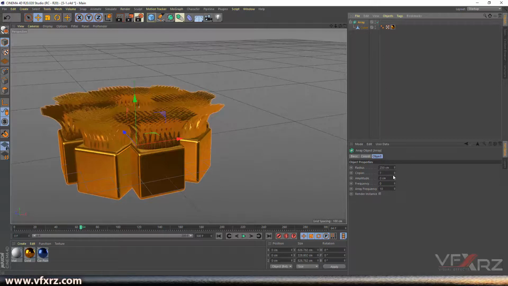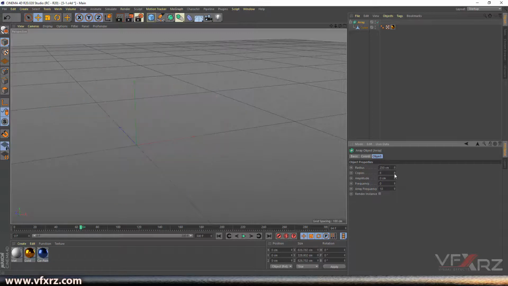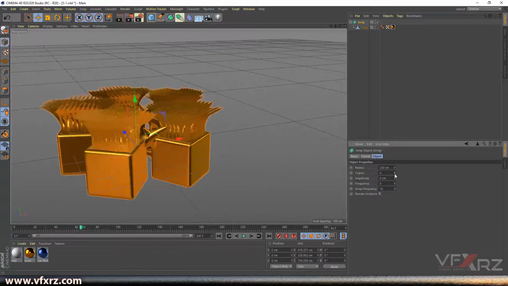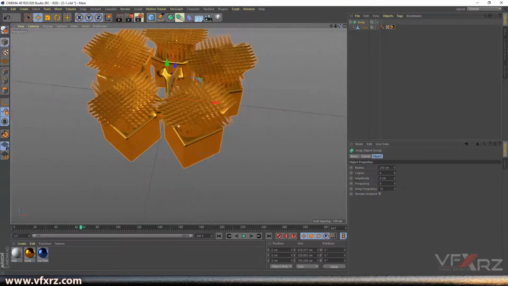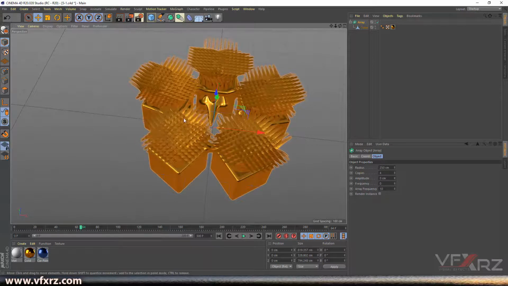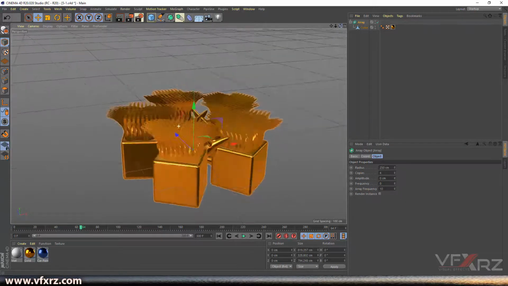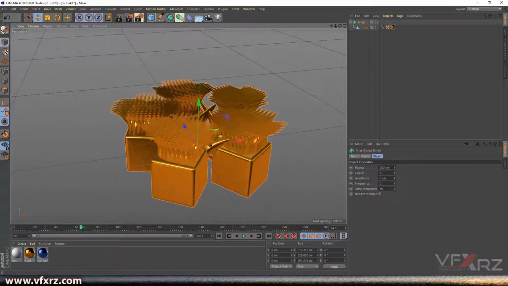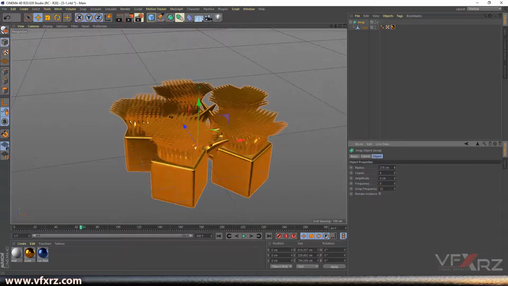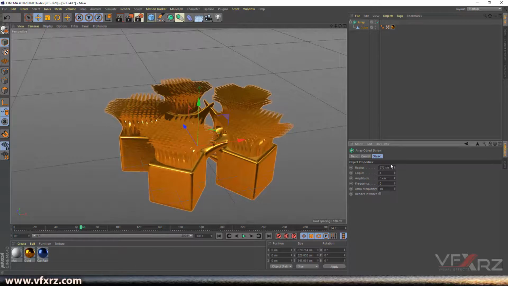from our cube. And this copy count, if you click, you can change it. For example, if you click 4 here, we can see 1, 2, 3, 4, and one of those is our main object, and with that it will be 5 objects. Okay, and with radius you can click and change this